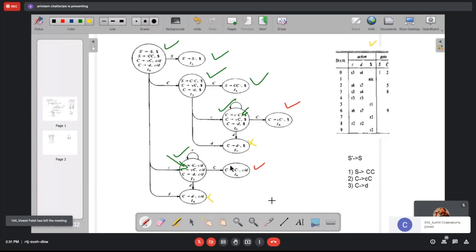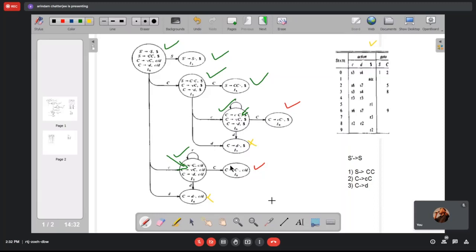Similarly, in state 0, action for small c is nothing but S3. That means shift and then move to state 3. That is how many of these shift entries are populated in the LR1 table.